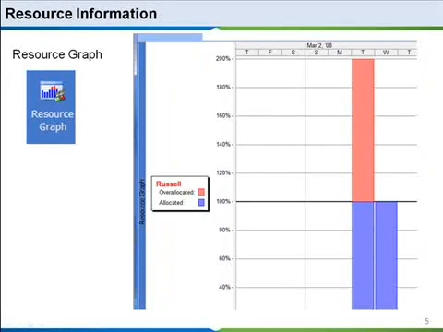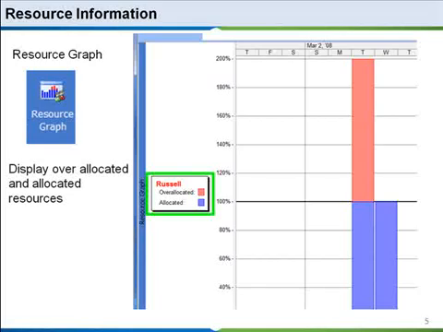And of course, this is your resource graph. The nice thing about your resource graph is you can clearly see it will display over-allocated resources as well as those resources that are allocated. So as you can see here, Russell is over-allocated by 100%. In other words, he's doing twice the amount of work based on his job position and title than anybody else within the project team. Your resource graph will also show you under-allocated resources, hence if they're not fully allocated 100%,